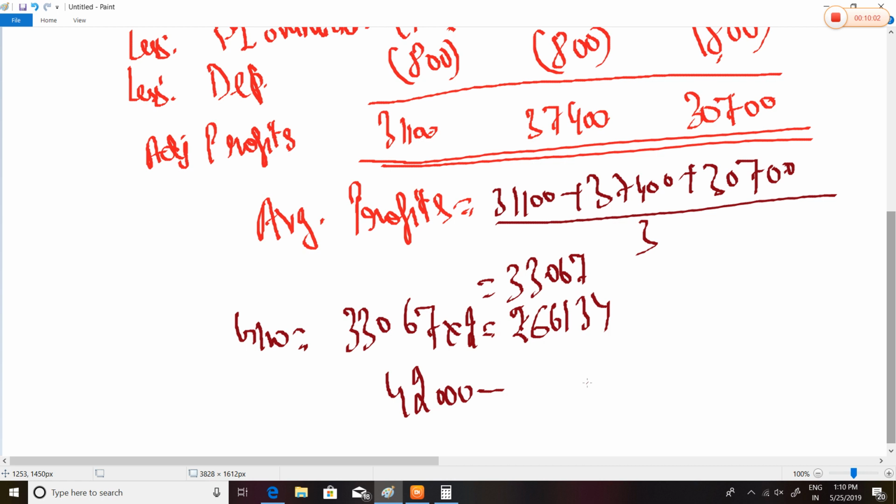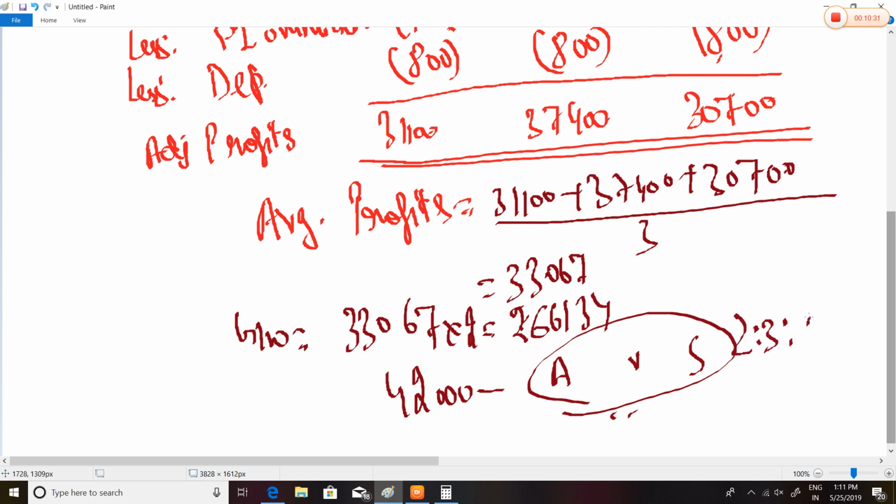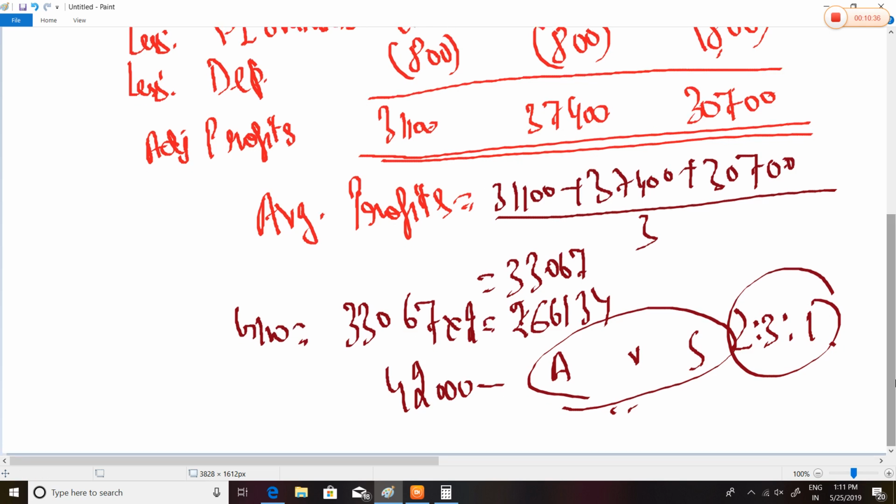is to be distributed among the existing partners, that is A, V, and S. Now, in which ratio? In the sacrificing ratio. In case the new ratio and the old ratio remain the same, the sacrificing or gaining ratio will remain the same. Okay, 2 is to 3 is to 1. We have to distribute first 42,000 in this, and